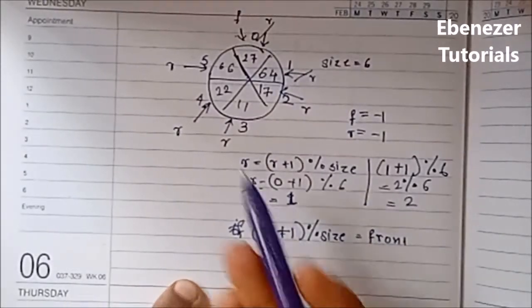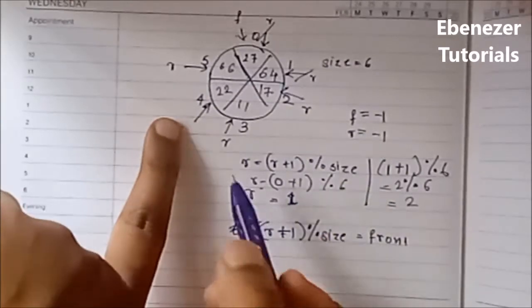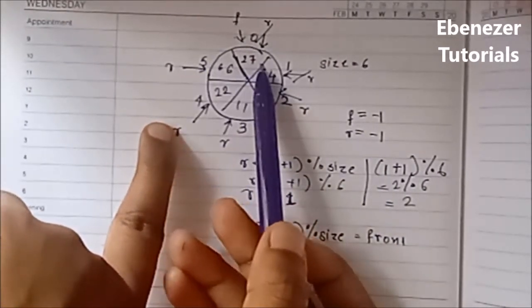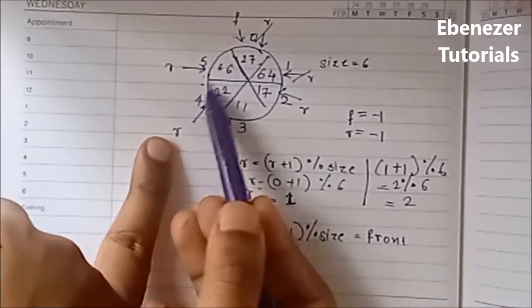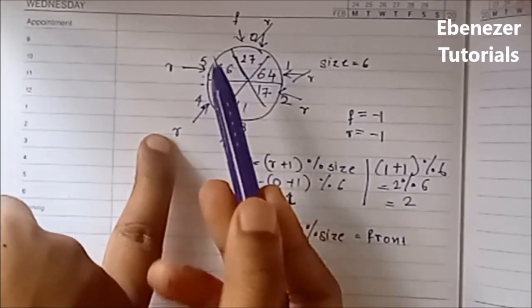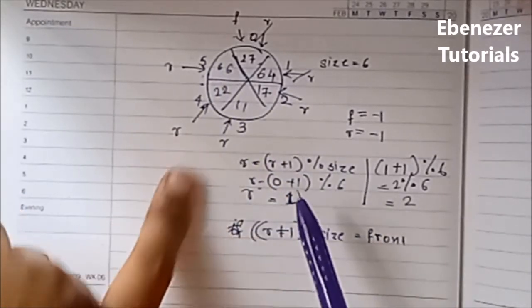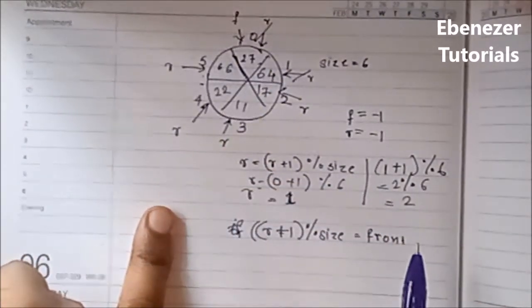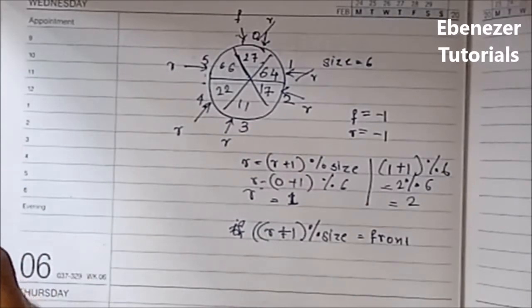So what is it? Whatever is the current value of rear, we add 1 to it, find its modulo with the size, and we check if that value is equal to front. So in this case, how is it working out? 5, which is the current value of rear, plus 1 will give us 6, modulo the size, which is 6. So 6 mod 6 is 0. So is that equal to front? Yes, it is equal. So the queue has become full. So this is one variation in case of the NQ operation, which we look at in the circular queue.